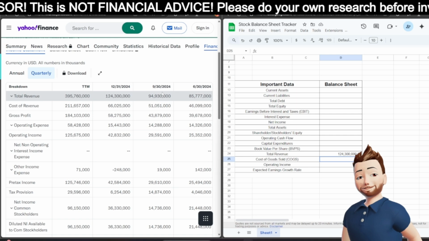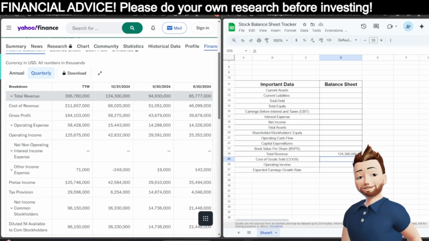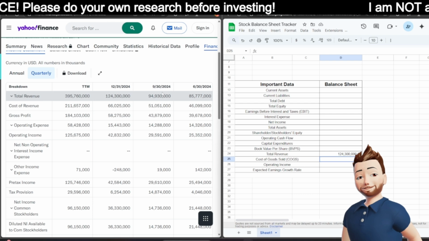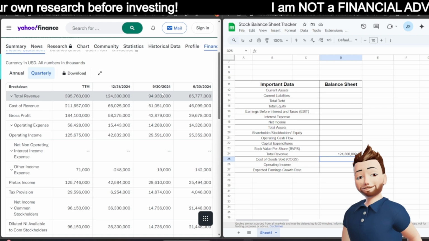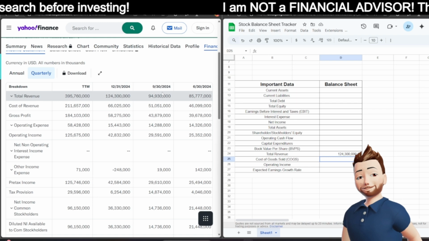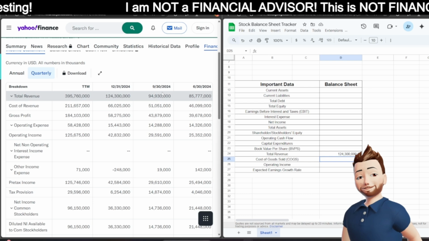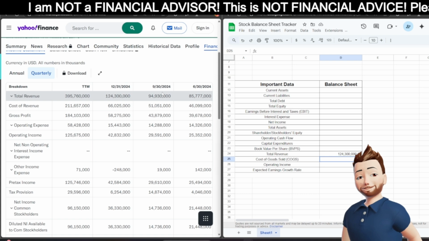But chances are you're probably not going to hit a lot of the same things that show it's undervalued or overvalued. But the point of the spreadsheet is to give you an indication as to whether there seems to be more data leading towards it being undervalued versus overvalued. What are the analysts thinking about? So these are just a bunch of things to consider as you're looking at investing into any kind of company